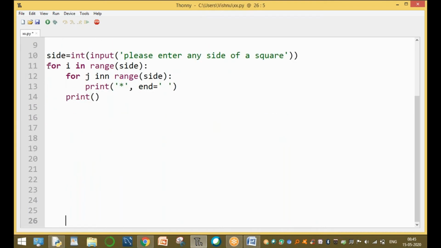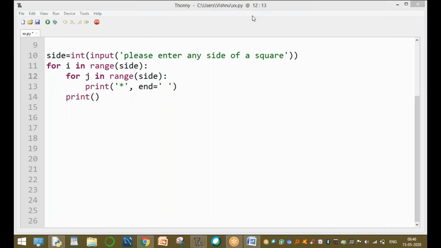Now here we are using two for loops. This for loop is called the outer for loop, and this one is called the inner for loop. In the outer for loop, the i value goes from starting value 0 up to the side value. The j value is also 0 up to the side value.